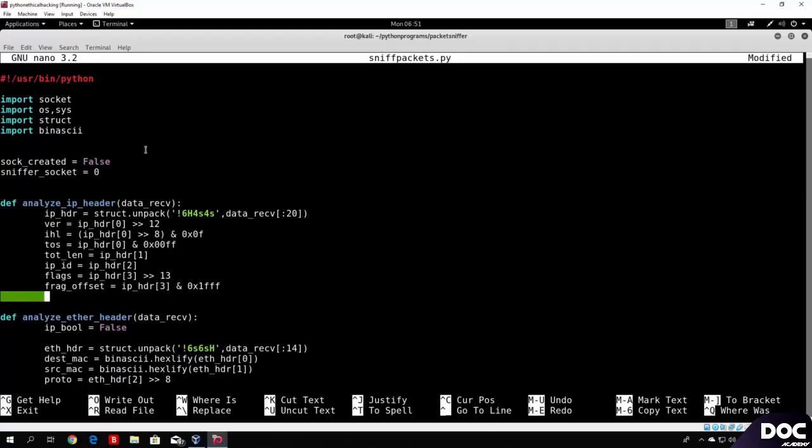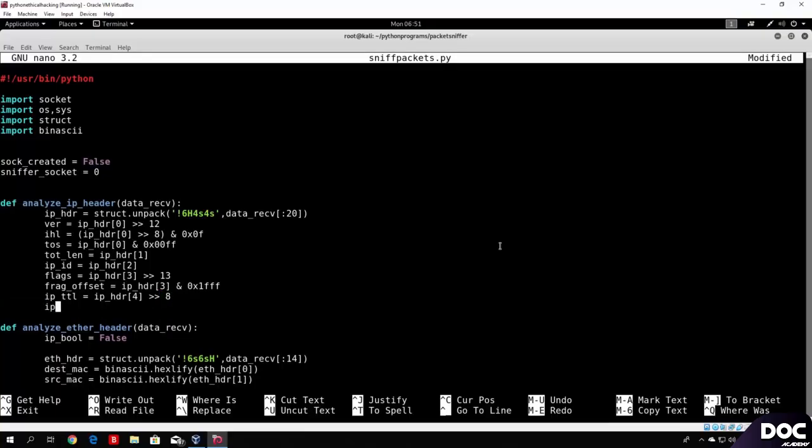So next thing we want to specify would be the time to live. So IP_TTL, which stands for time to live, would be the IP_header fourth or fifth element, however you want to call it, this is the fifth element in the IP header list. And we want to move it 8 bits. Now, since that is not the only field that we will use in the fifth element, we also have the IP protocol. Did I just type 8? Okay, so here it is. IP_proto will be equal to the IP_header, and then the fourth or fifth element once again, and we use the same sign for the logical expression